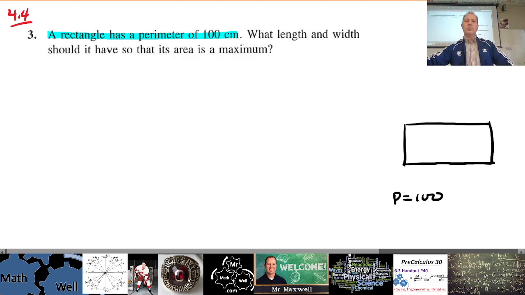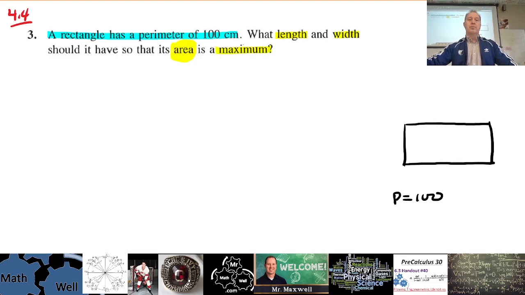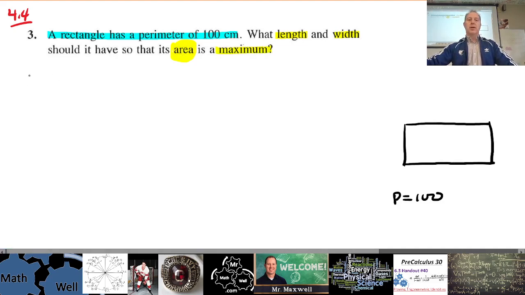And we're talking about, the second part says, what length and width should it have so that its area, and here's what we're trying to maximize, is a maximum. Okay. We're trying to optimize the area, make it a maximum. All right. So let's do that over here. So area